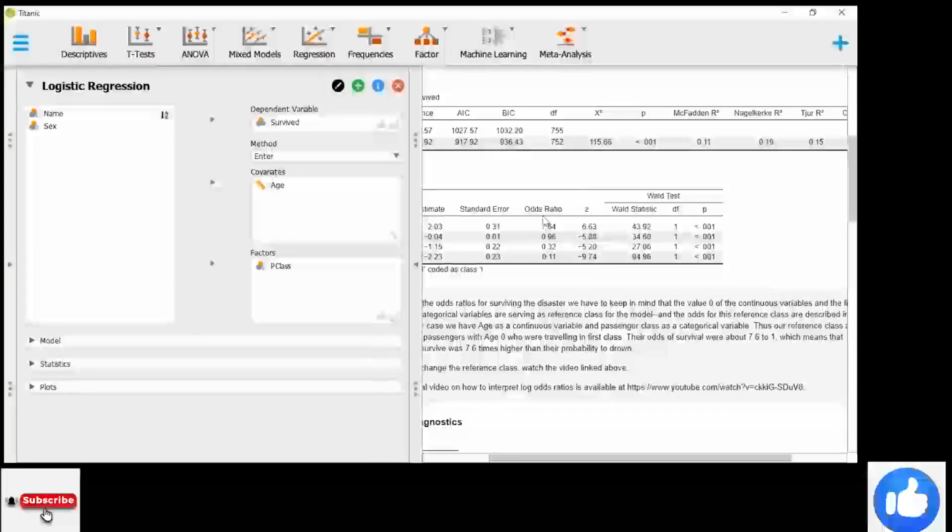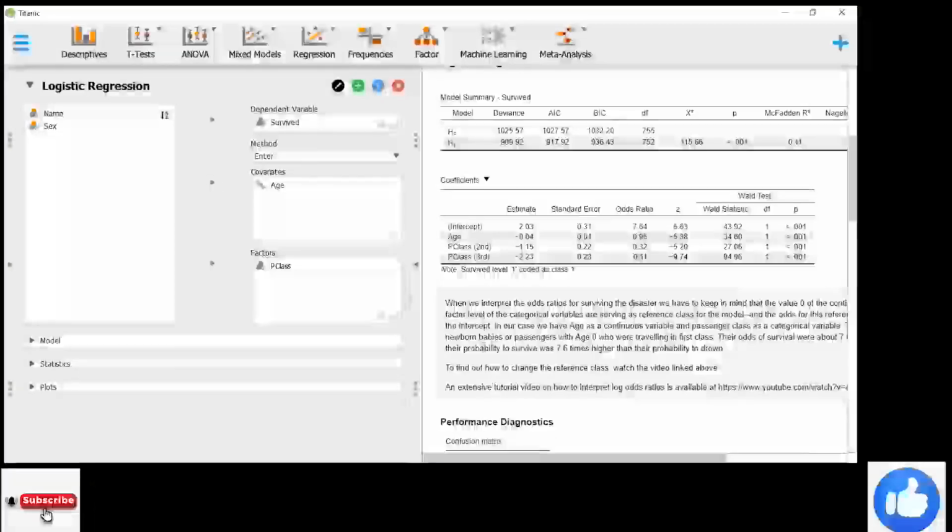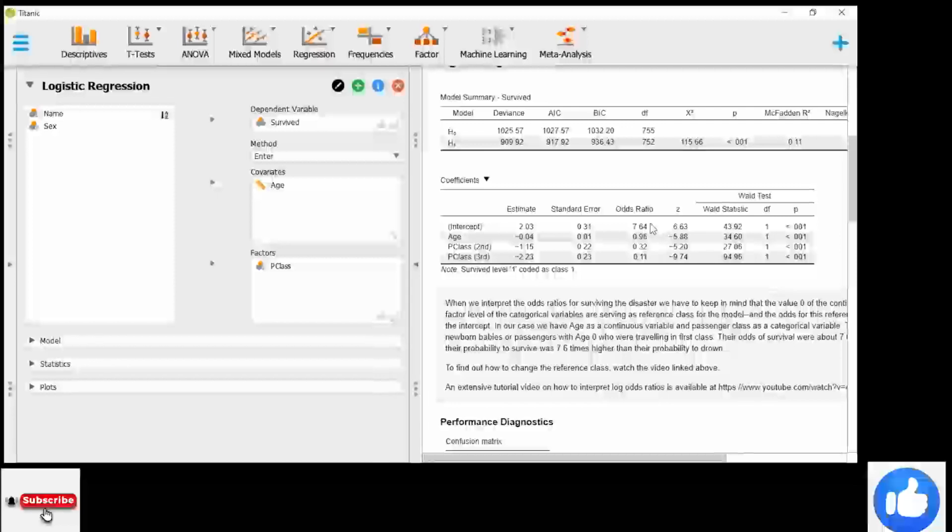That is what we see over here. It's 1, which means that their probability to survive was 7.6 times higher than their probability of drowning or dying. So basically, that is the interpretation we can give to this. Holding all this against zero, the reference,